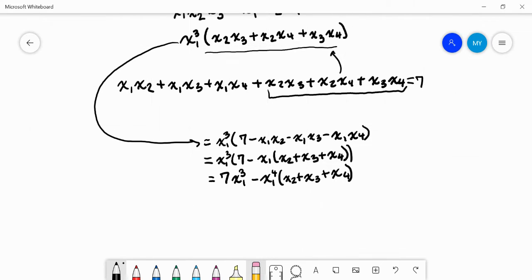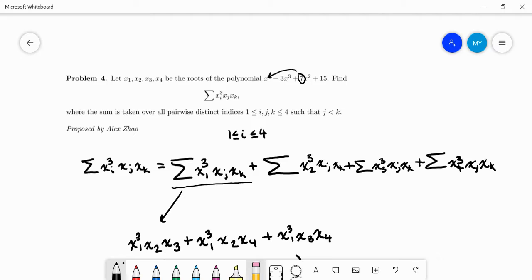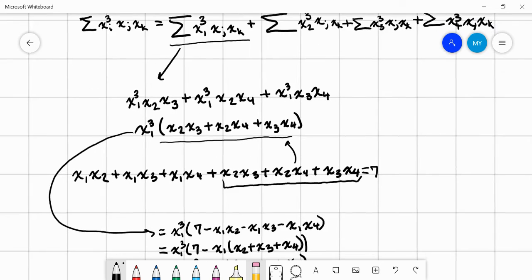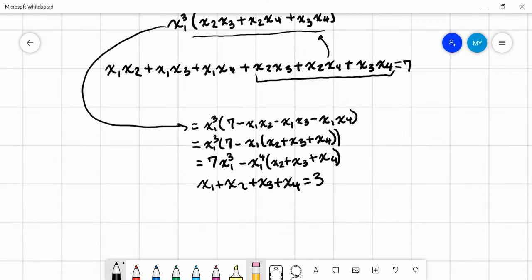Because by Vieta's formulas, we already know what x1 plus x2 plus x3 plus x4 is, right? By Vieta's formulas, this is just the negative of the coefficient of the x cubed term divided by the coefficient of the x to the 4 term, which is equal to 3. So we know that this is equal to 3. So that means this sum